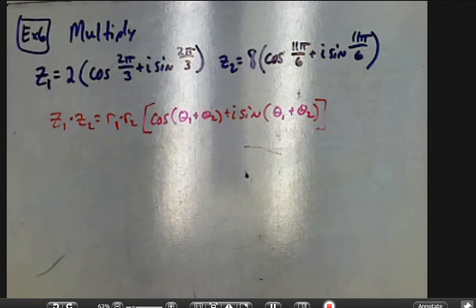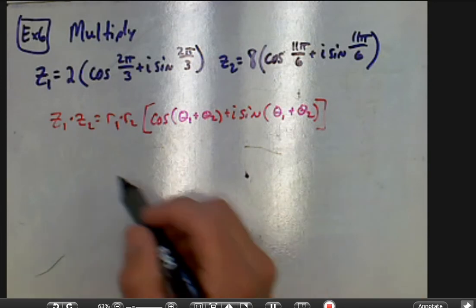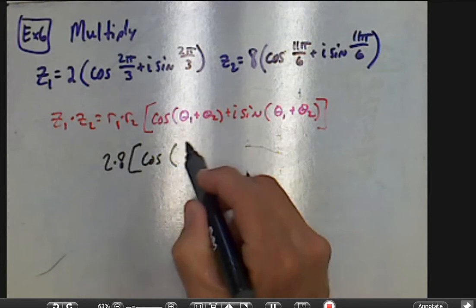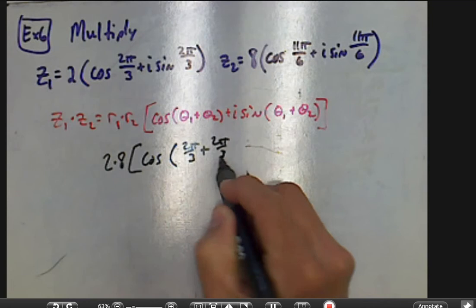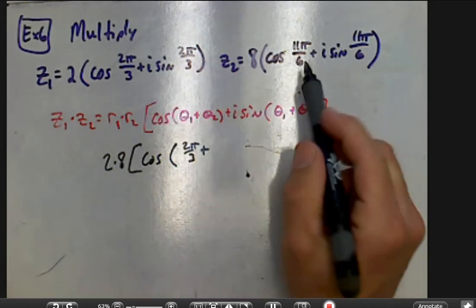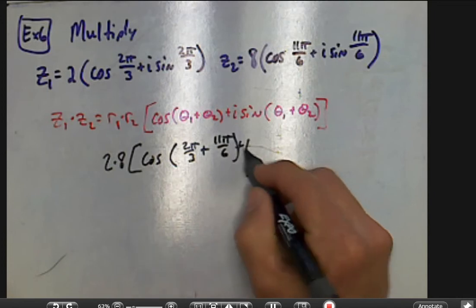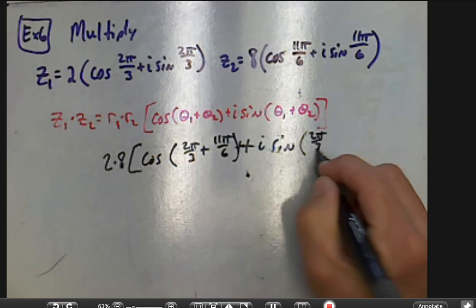Okay, for example 6, again we're going to multiply two complex numbers together that are in trig form. So again, I wrote down the formula to start with right here. So start with r1 times r2, so 2 times 8, times the cosine of 2 pi over 3 plus 11 pi over 6, because that's theta 2, plus i sine of